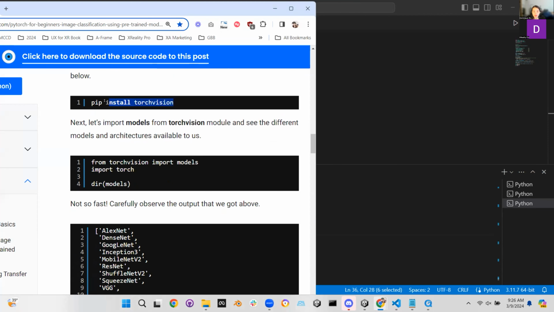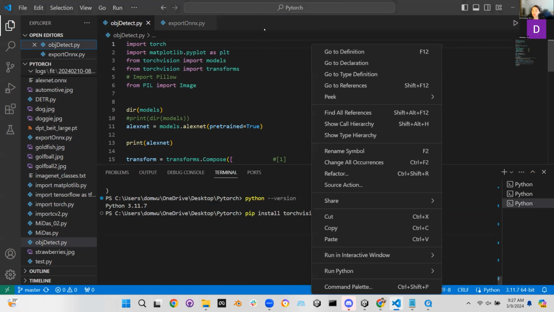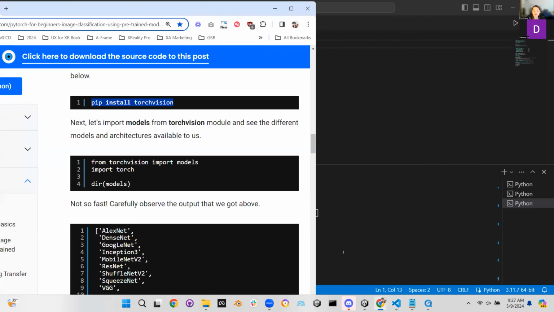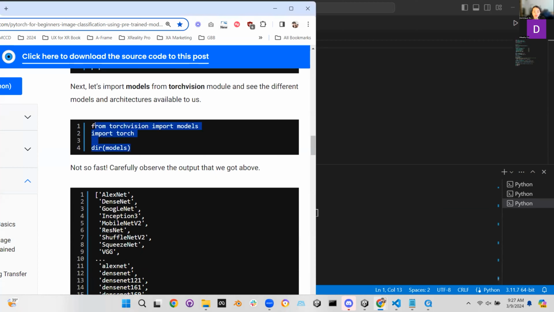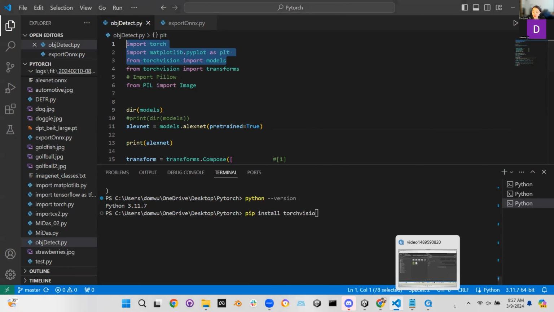So what you need to do is copy and paste this code into this one. I've already installed it, but you need to first install torchvision if you don't have it. And second, you need to import the model, right? So you import the model, and then